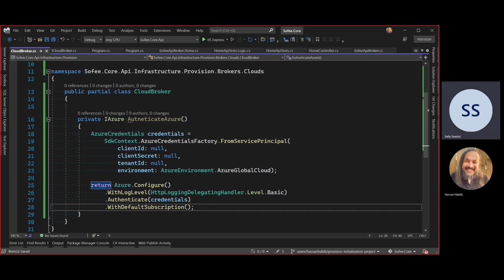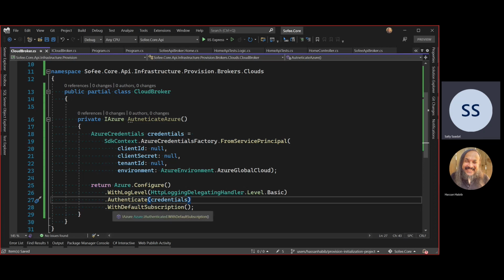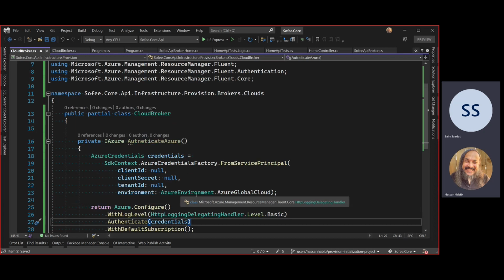So that's like the last part when you return the Azure configure. Yeah. So listen, like these with log level, authenticate. So how do I know I should use those? Documentation. Okay. This is why